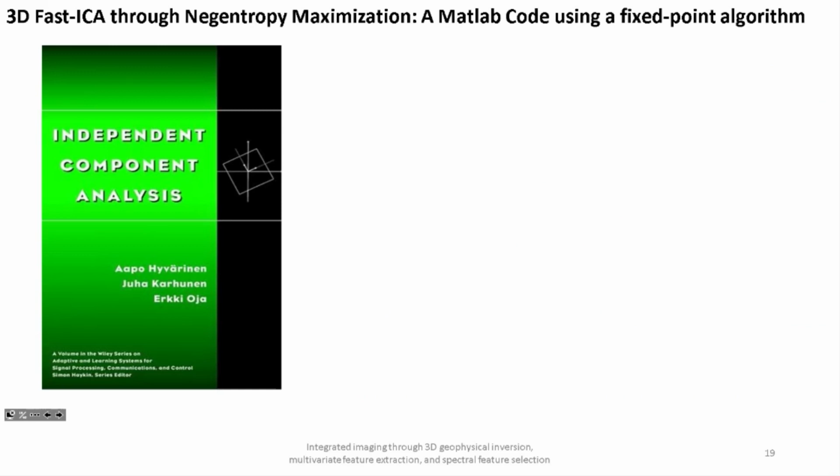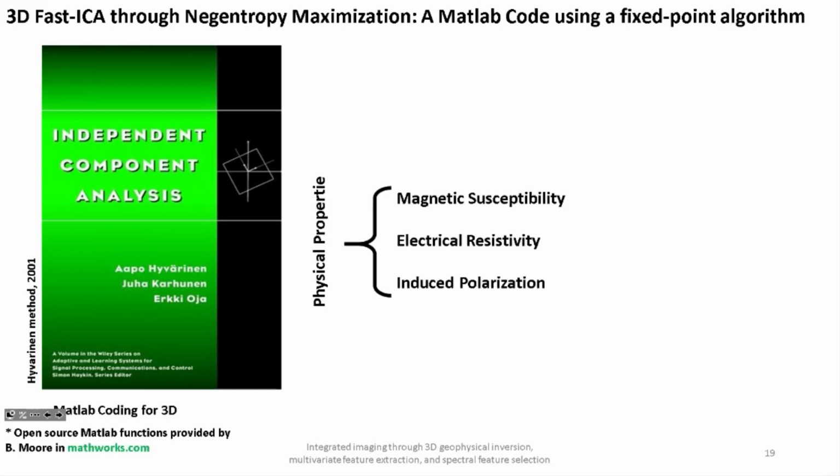In this study, a 3D MATLAB code is presented for 3D geological feature extraction that is based on the fast ICA algorithm through negentropy maximization. The fast ICA algorithm was first introduced by Hyvärinen in 2001. In this study, open source MATLAB functions are provided by Brian Moore on mathworks.com, but the 3D coding and hybridization of the algorithm is done by myself. We showed that the fast independent component analysis is a robust method for geological feature extraction